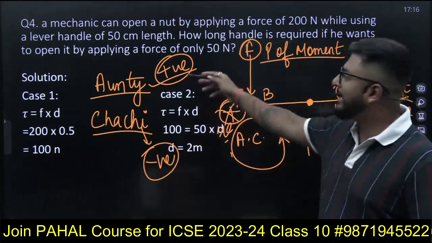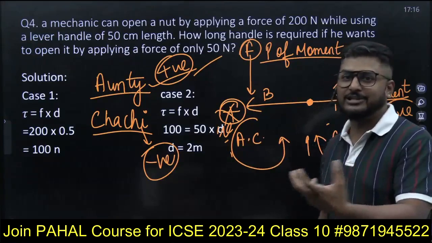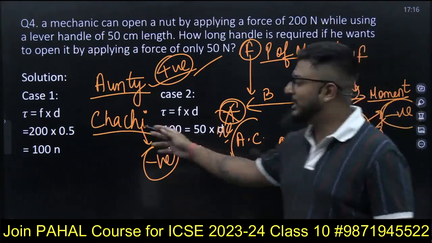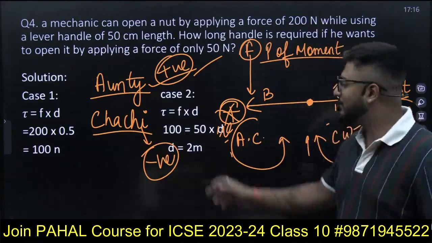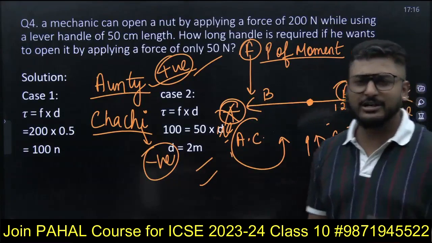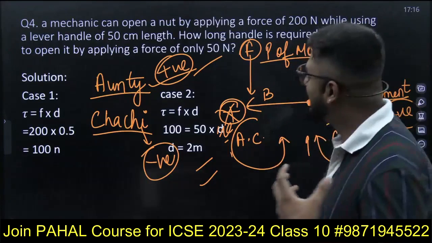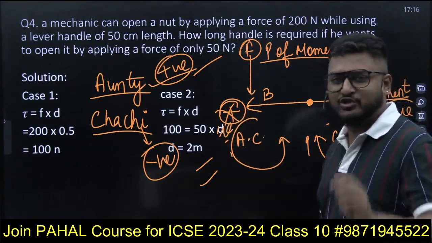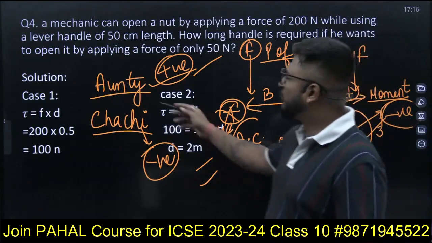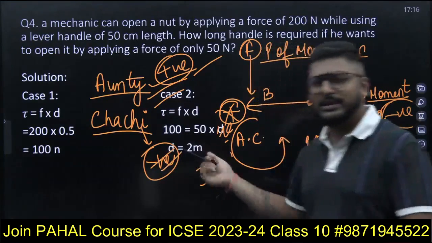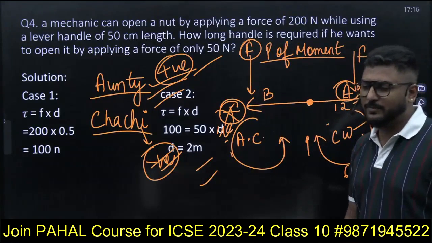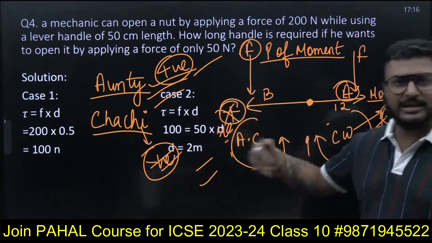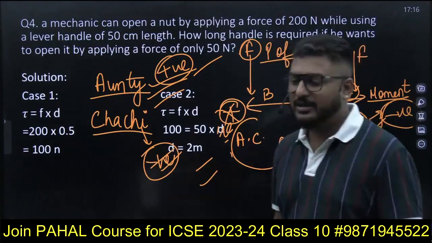So auntie, that is anti-clockwise direction, will be taken as positive. Chachi means clockwise direction will be taken as negative. Just an example to learn, right? बाकी आप कैसे भी लर्न कर सकते हैं, जो आपको अच्छा लगे आप वैसे कर सकते हैं. ये छोटे छोटे शॉर्ट ट्रिक्स आप बना सकते हो अपने लिए to learn things, to remember things. ओके, so चाची आंटी से मैंने याद किया, you can do anything what you want, right?